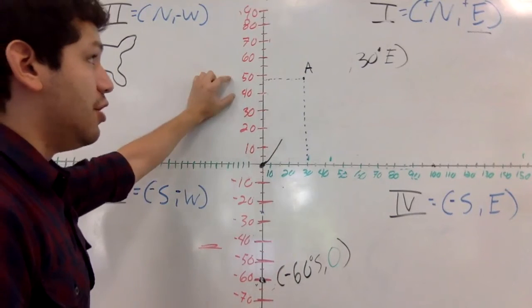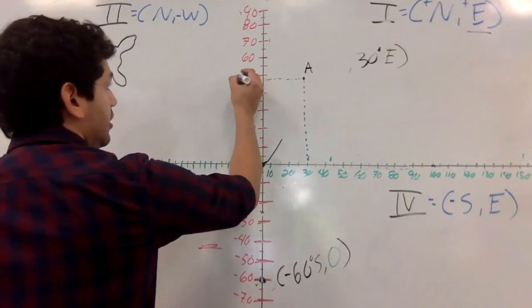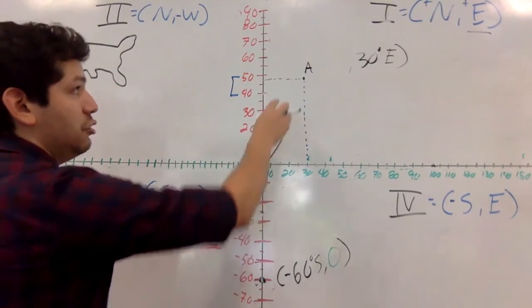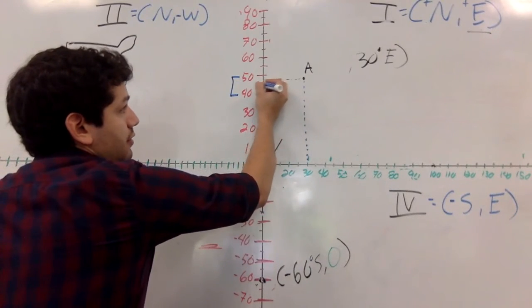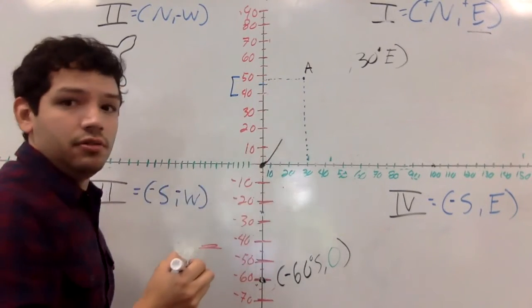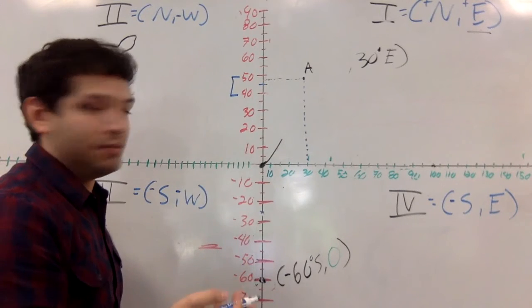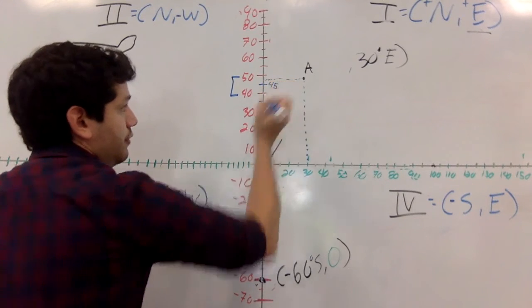But what we do have is this 40 and 50, because it goes between those numbers. But also we have that line right in the middle. So we can safely assume that this right here is 45,